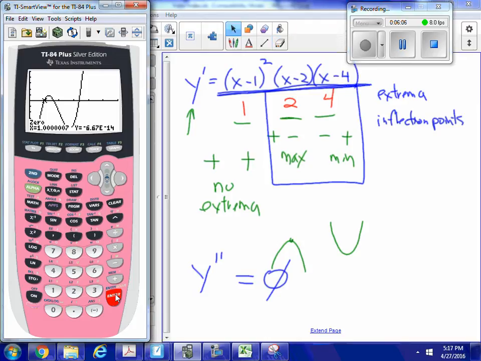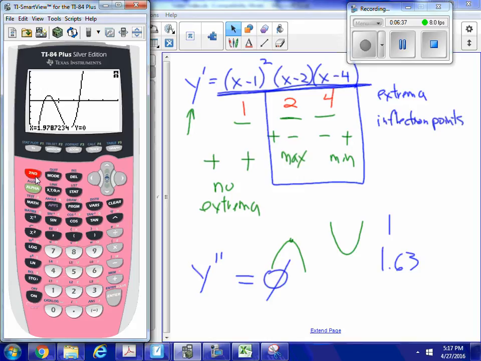What's my next inflection point? Second, Calc, 0. That's a good left bound. Enter. That's a good right bound. Enter. I don't want to guess. I have another one at 1.63. And oh, I've got to go Second, Calc,